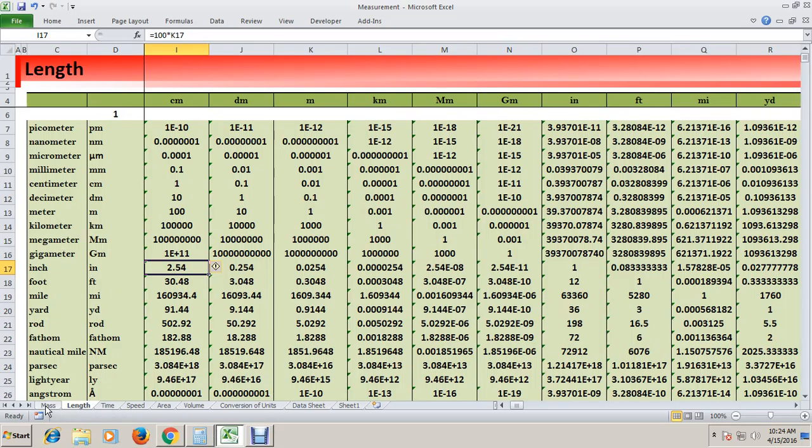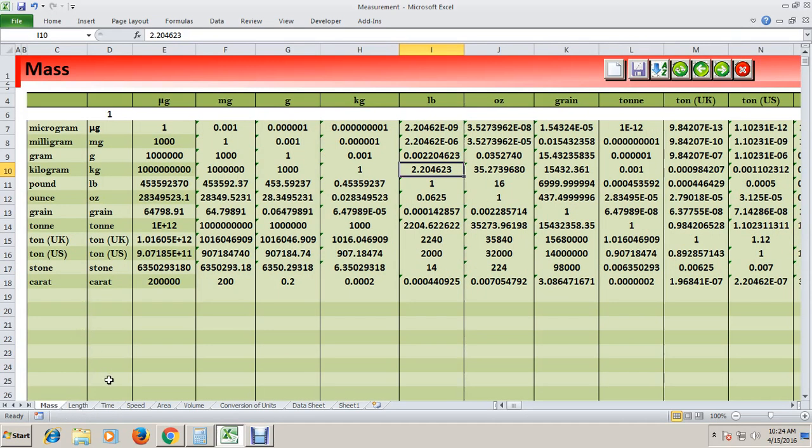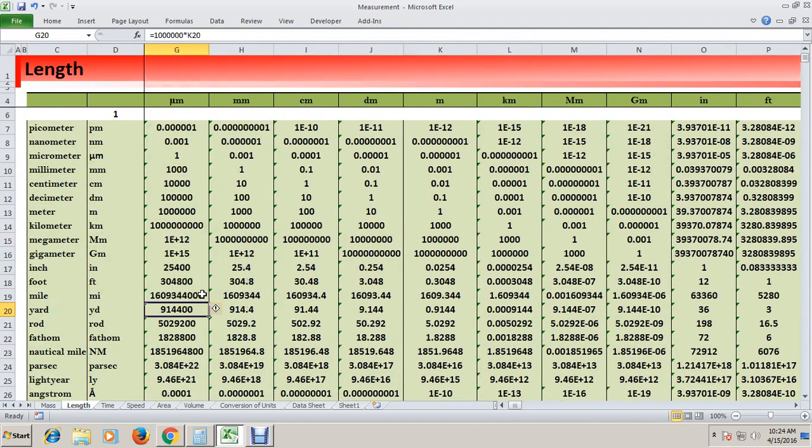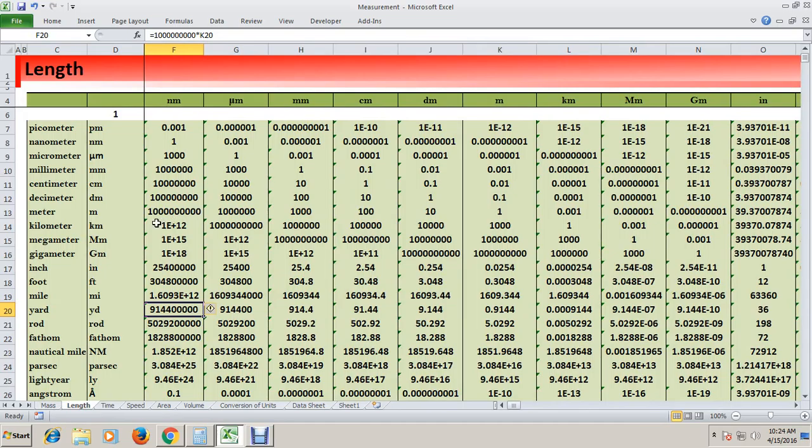Okay, so let me go through the set of units that are presented here. I already presented to you the set of units for mass. Okay, so next is length. What you see here in the column for length is that, as we know, in the international system of units,